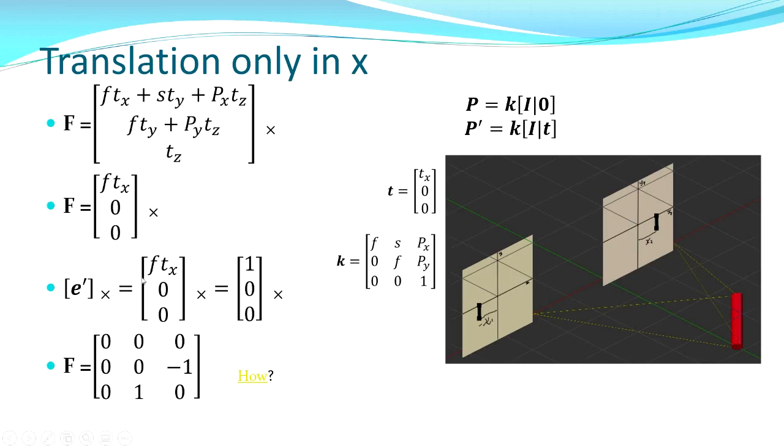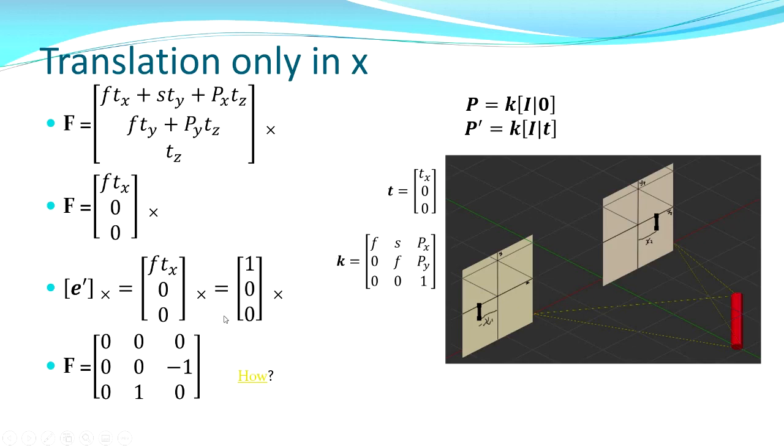Why this thing is true can be covered in some other video discussing ideal points at infinity. But for now, we can just say that for points lying at infinity, it is only the direction which is important. These magnitudes are not important. It is just the direction which will tell me a point at infinity. Over here, since f is the focal length and tx is a number, the translation in x, this is a scalar value, and this whole thing is a vector. So we are just taking its unit vector, or just its direction,